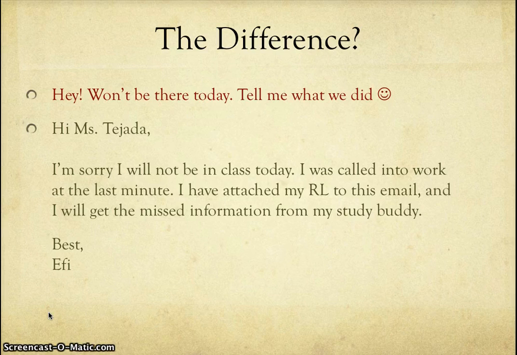Best, Effie. So the difference here is that the text message to a friend is really informal because they are our friend, and it's a text message. And the email to your instructor is just a little bit more professional. It's still friendly in tone, but you're writing complete sentences, you're being a little bit more respectful, and maybe you even took an extra minute or two to make sure that you have complete sentences and that your message makes sense. So you already change your tone depending on who you're speaking to,